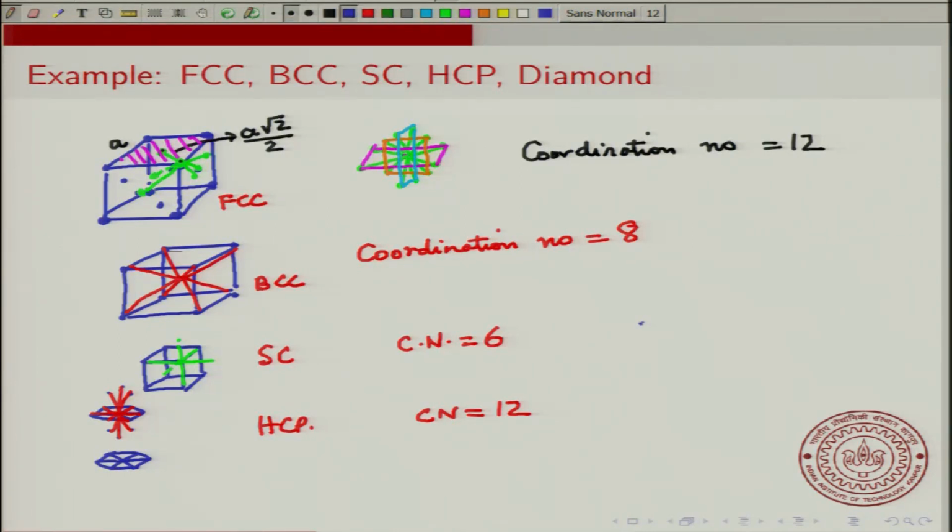So, for diamond, okay, the coordination number is just 4 for a diamond cubic structure, and you can see this because each atom will have only 4 nearest neighbor atoms. So, for example, if you take let us say the typical diamond cubic structure,